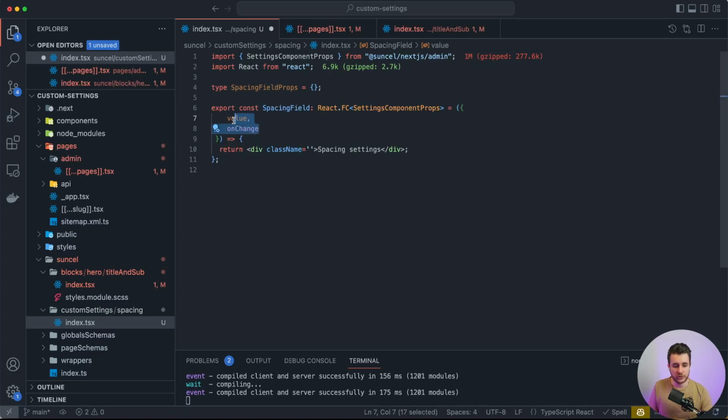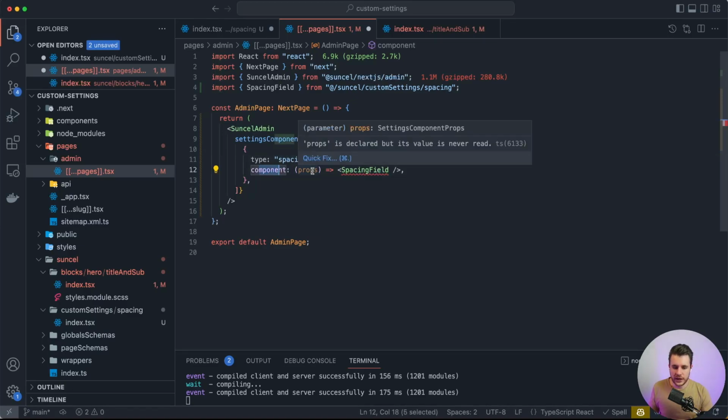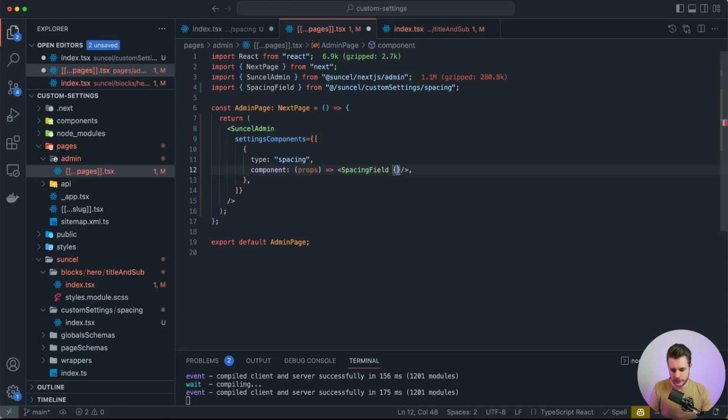To be able to use this value and this onChange property, we need to give it to our component here that we have defined inside the admin page. Inside the component property, you actually have access to the props, and these props contain the value and the onChange. So we just give it to our spacing field component. We save